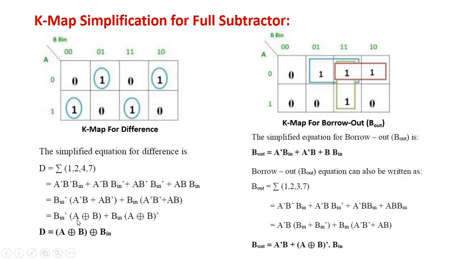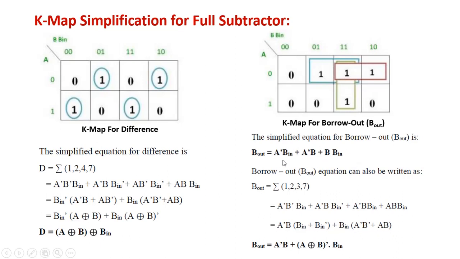So you can see here we are getting one number added with the complement of the other, then or the other number as it is and complement of the previous. So this is nothing but the XOR operation. XOR operation is a b bar or a bar b, meaning you are taking one variable as it is, complement of the other, then or complement of the previous and as it is the second variable. So here we are getting a XOR b XOR b in as the difference.